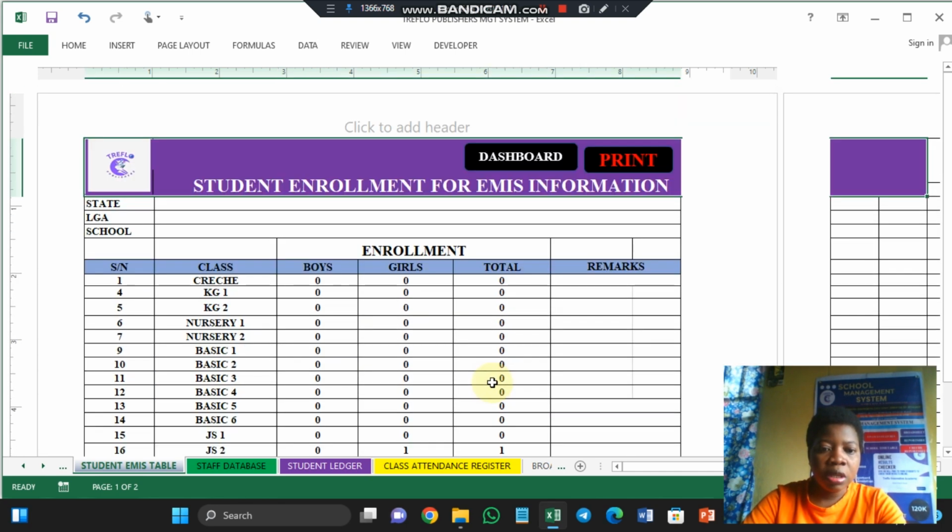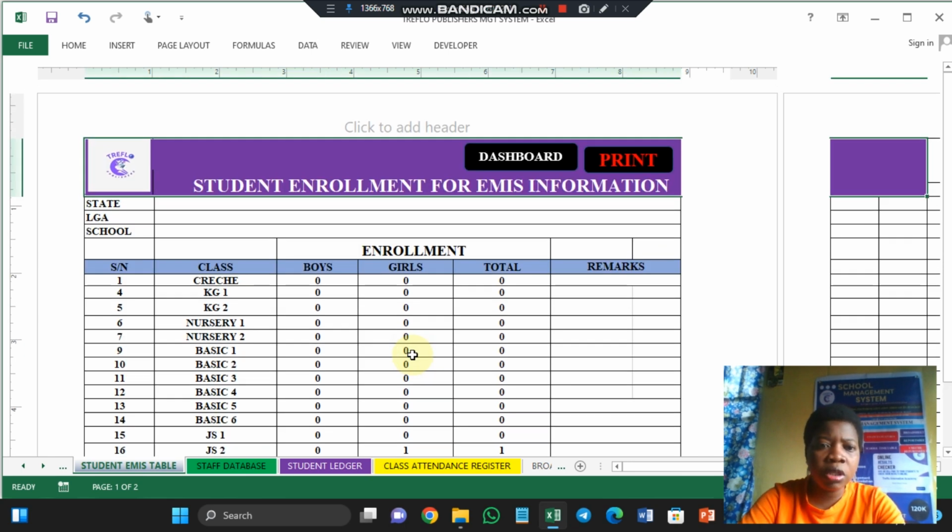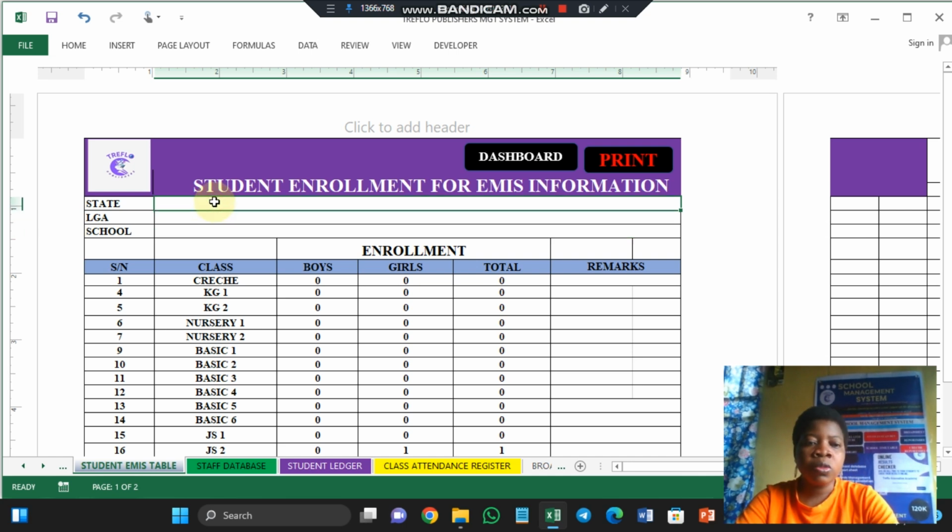You will see the only person we entered is in GSS2. The person is a girl, and it has been recorded here under girls, so you don't need to enter anything here. Okay, if you are going to enter something, I think the only thing you should enter is your school name, the local government, and then the state. That's the only thing you might need to enter when you come here, and then you just print it and give it to whoever is asking for it, or you save it as PDF and send it as soft copy to whoever needs it. All right,